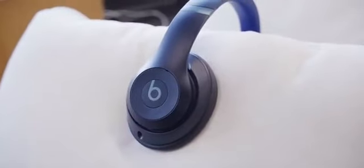But again, you're paying in the realm of luxury headphones. Like you being able to separate these with ecosystem plug features, that's exactly what I'd expect Apple to do, which is why it's almost funny that they didn't. All that being said, I'm happy to say this is a pair of Beats that I would be totally happy